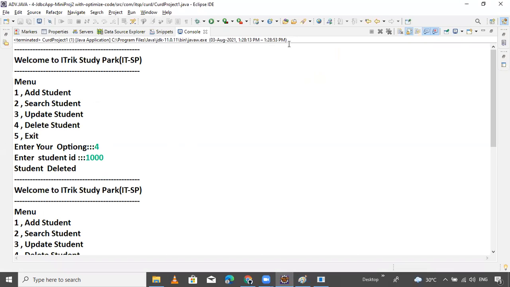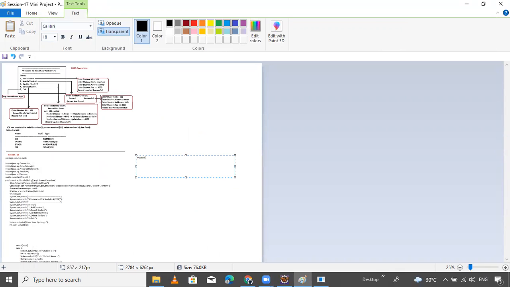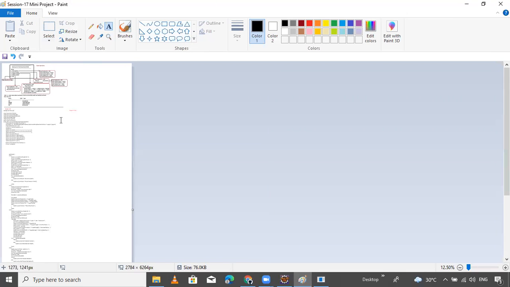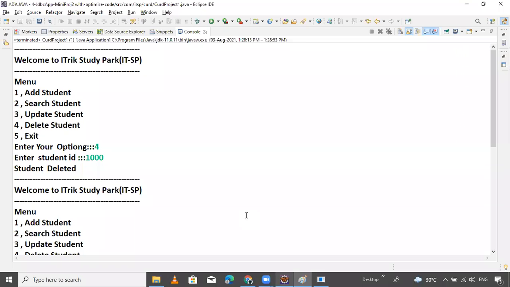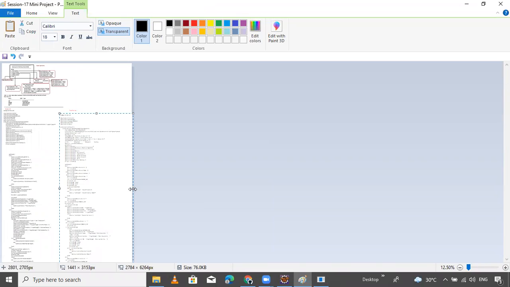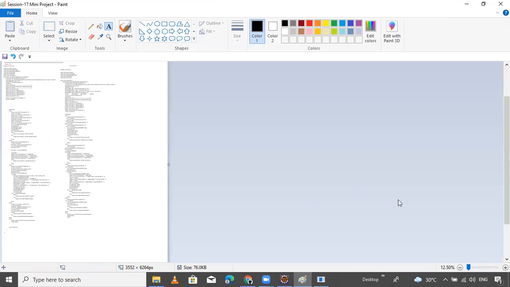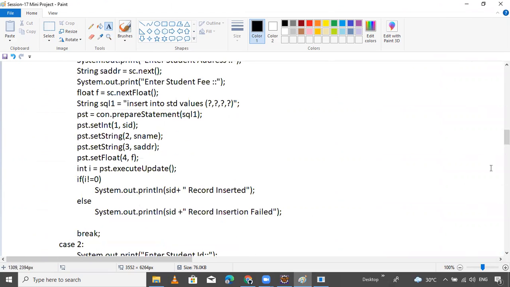The modified code. The codes are there, no? This is without modification. This is with modification.